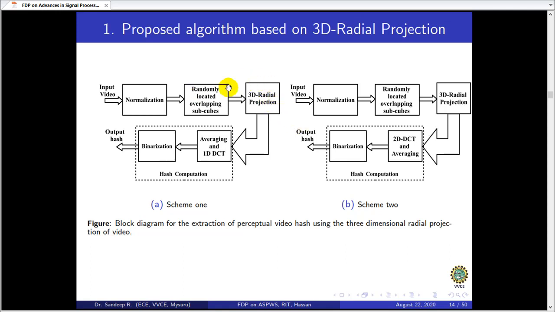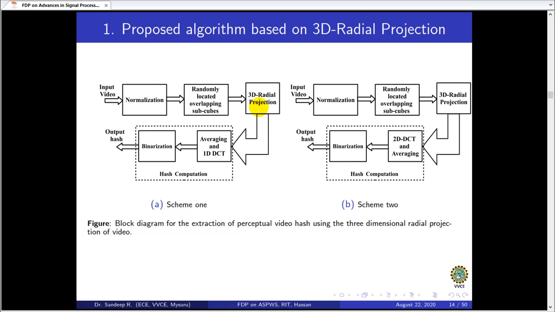Once we do that, there are different ways to go about this. Suppose I represent that 32,400 array of variance values as a vector for a single subcube. I have 32 subcubes, so I'll have the 32,400 dimensional vector, and there are such n vectors. So suppose there are 32 subcubes, so 32 vectors.